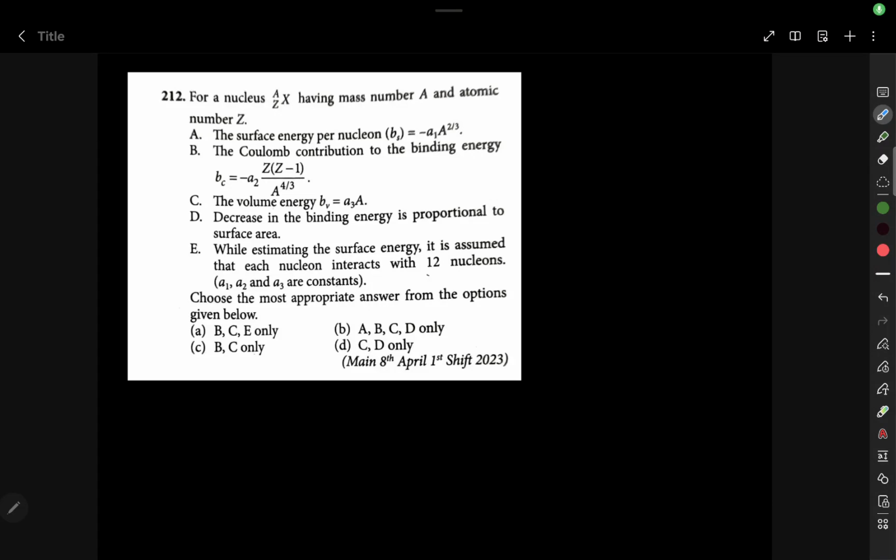The question is, for a nucleus AZX having mass number A, atomic number Z, the surface, there are 4 options. Given: the surface energy per nucleon, Coulomb contribution to the binding energy, the volume energy, decrease in binding energy proportional to the surface area. While estimating the surface energy, it is assumed that each nucleon interacts with 12 nucleons. So the formula of binding energy EB should be equal to A V A minus